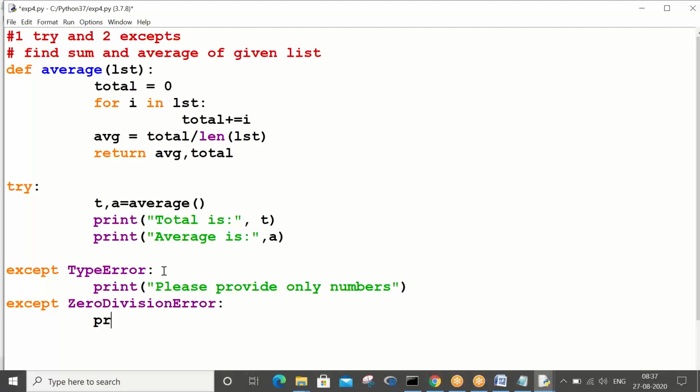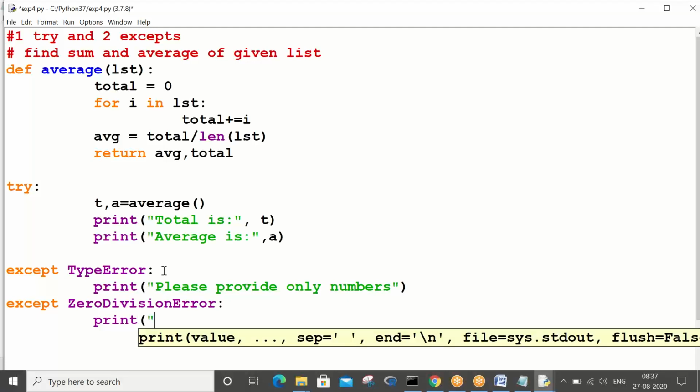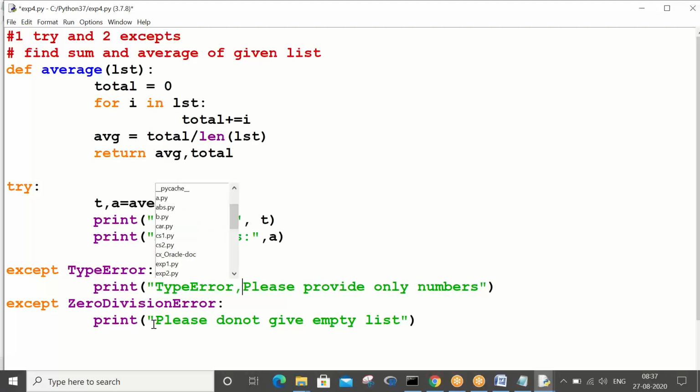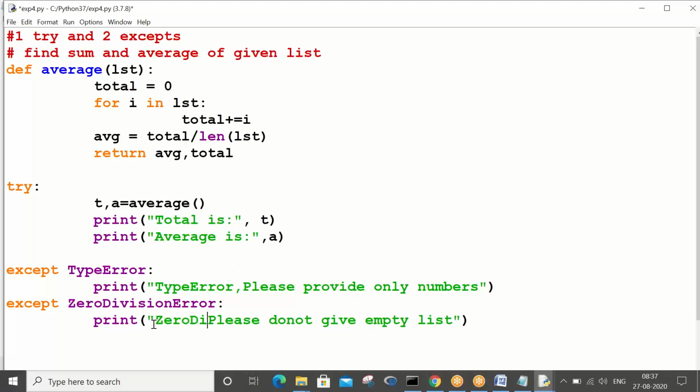So what is the understanding? These are standard exception classes. Print please do not give empty lists. So which error is handled by this TypeError class, and which exception is handled by this ZeroDivisionError?